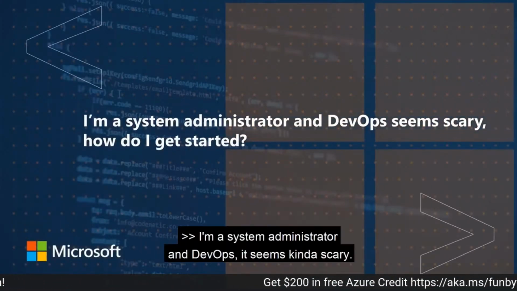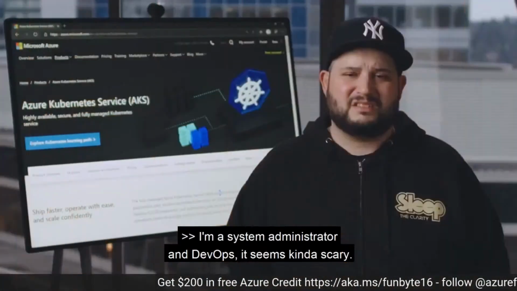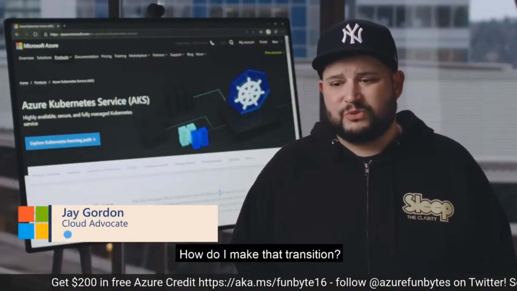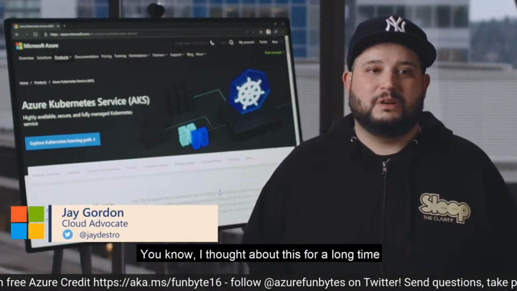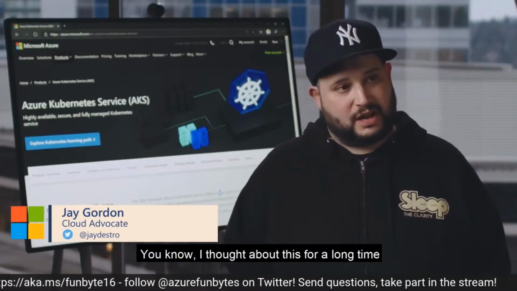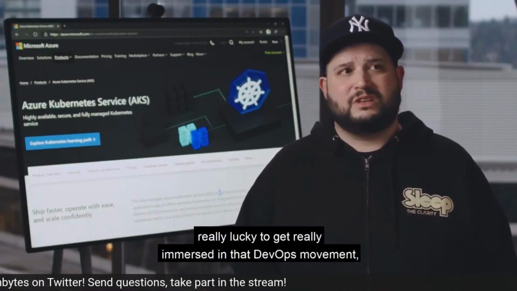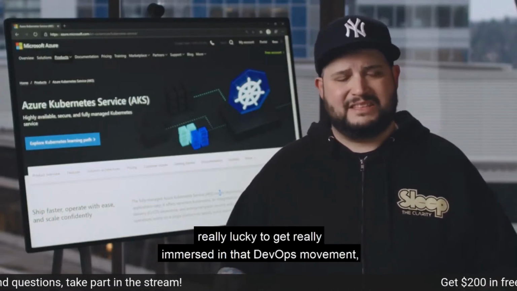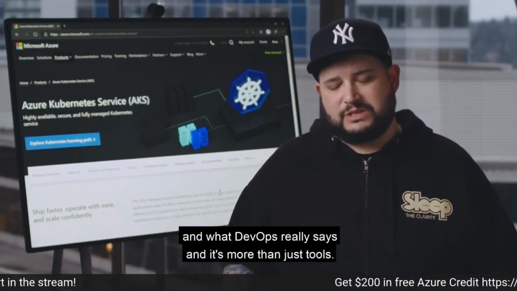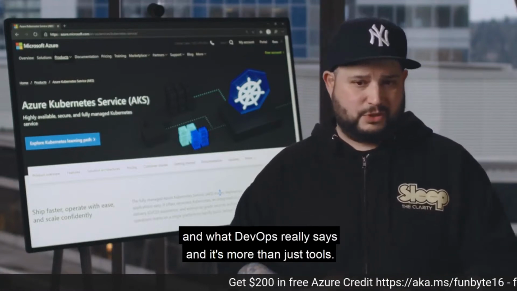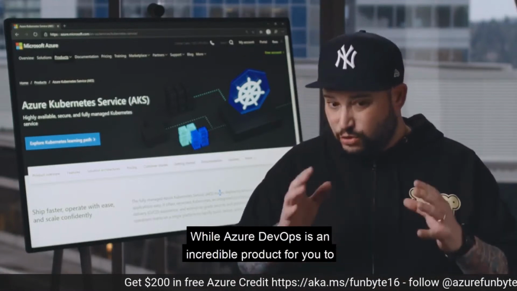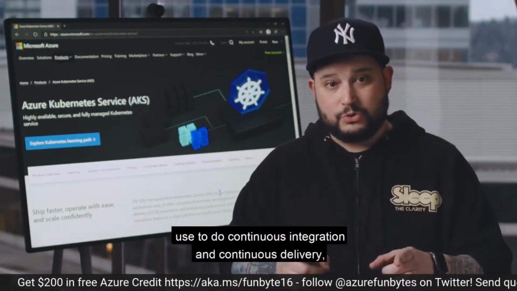I'm a system administrator, and DevOps seems kind of scary. How do I make that transition? I thought about this for a long time, and I get asked this question a lot because I've been really lucky to get really immersed in that DevOps movement. And what DevOps really says, and it's more than just tools, and while Azure DevOps is an incredible product for you to use,